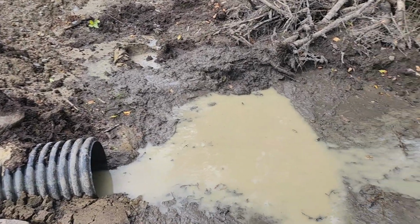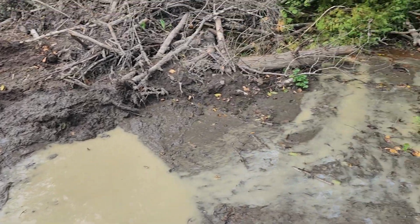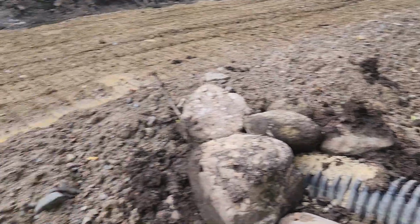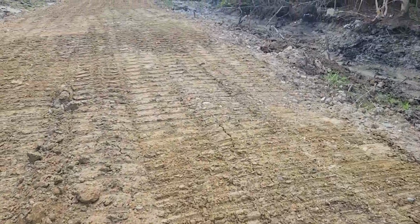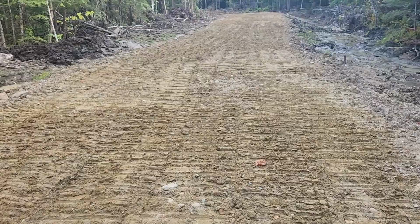The water's running out here. That's part of the problem too, is it just can't daylight right here real well. So I don't know if I get down there with my hand maybe a little bit, daylight that out a little. But anyway, we did track it, so I think that'll actually probably help it dry a little bit. Smash it down a little and